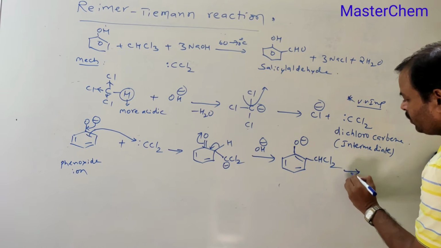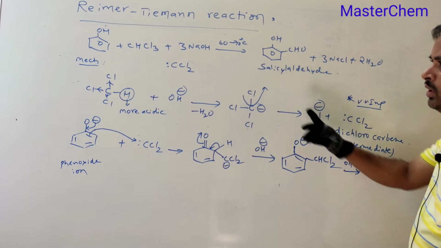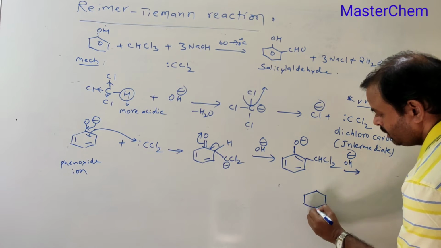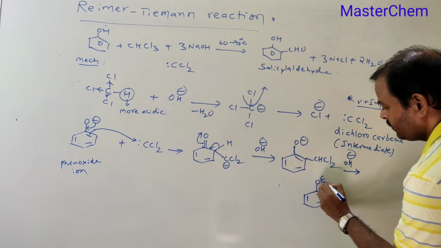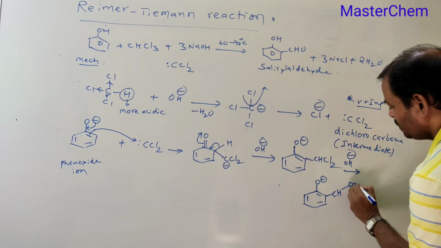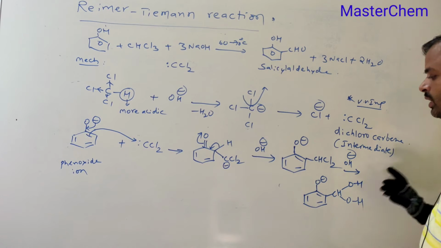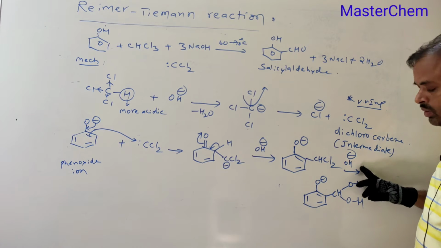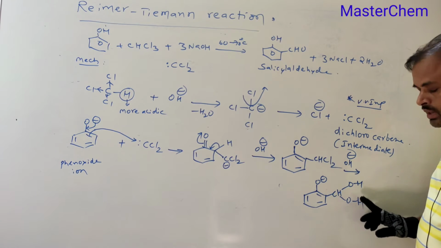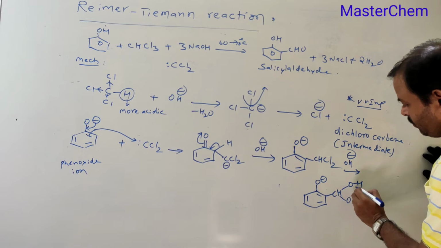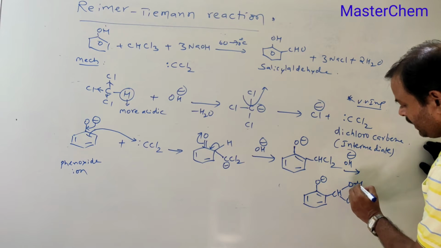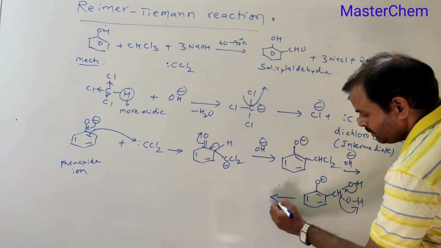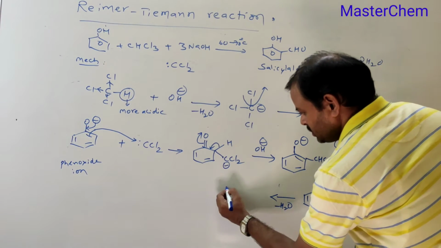Now with OH minus, with sodium hydroxide, what is the resultant product here? It is O minus, CH(OH)2. Whenever there are two halogens on the same carbon atom, with OH minus ion the chlorines are replaced with OH groups. Whenever OH groups are on the same carbon, dehydration takes place in this manner. With this dehydration, minus H2O, what is the product?